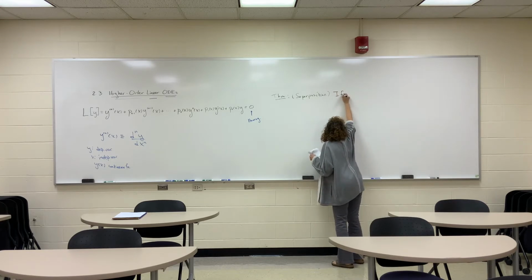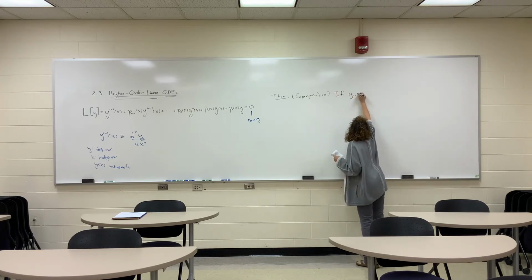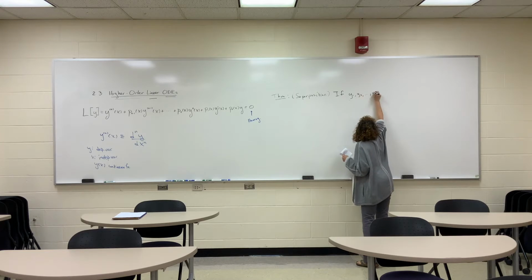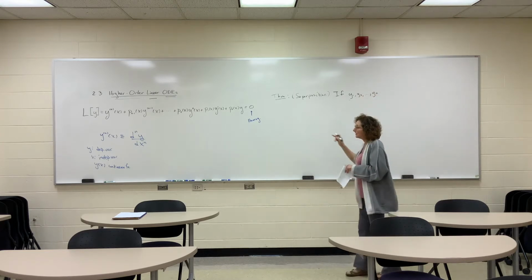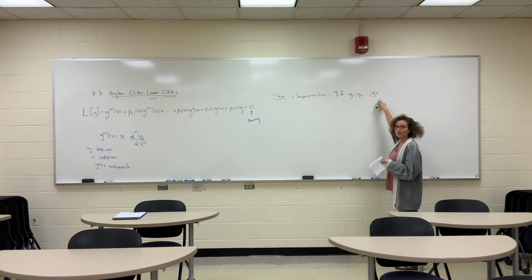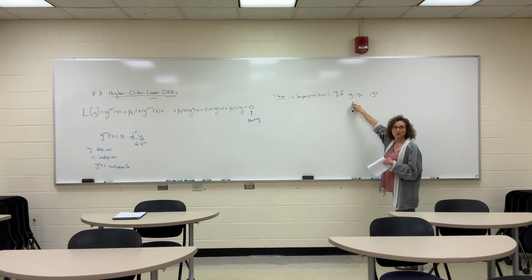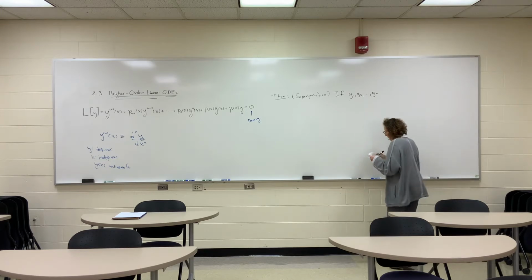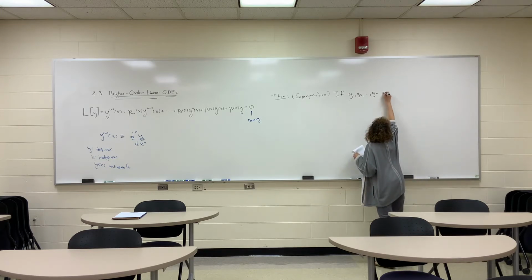But it says if I have now n solutions, right? So this is an nth order equation, and now I'm looking at n solutions, y1, y2 out through yn, as opposed to when we had second order and we only looked at 2 solutions, y1 and y2. So if I have n solutions,